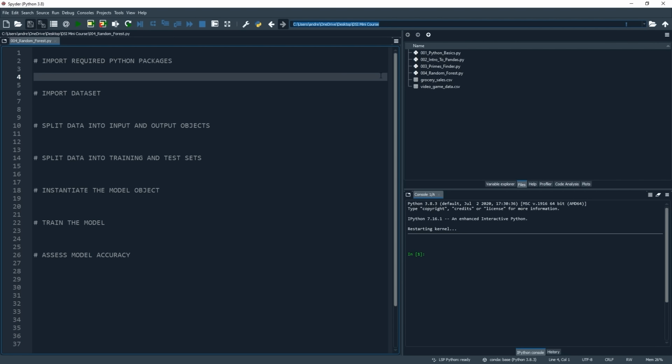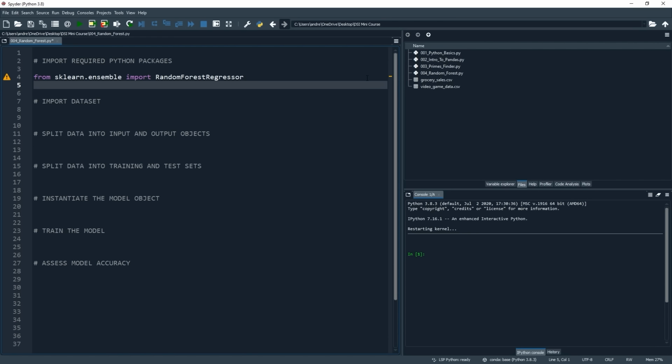Perfect, now let's get straight into this and import all of the Python packages that we require. We will essentially follow the code template that we ran through in the Introduction to Scikit-learn tutorial, but of course, since we are building a random forest here rather than a linear regression model, there will be some very subtle changes. Since we are building a random forest model for a regression problem, in other words, the values we are predicting are numeric, we will import the random forest regressor class from scikit-learn. And to do this, we put from sklearn.ensemble import RandomForestRegressor. So no spaces and with capital letters for each word.